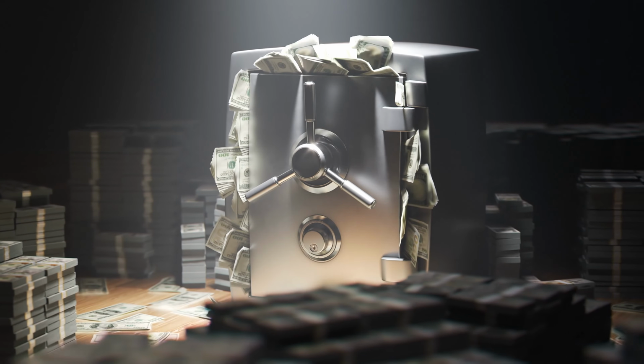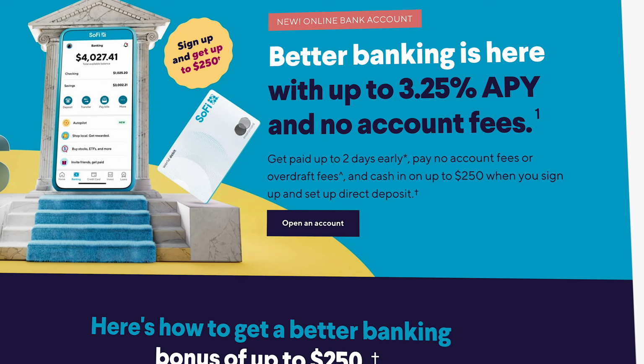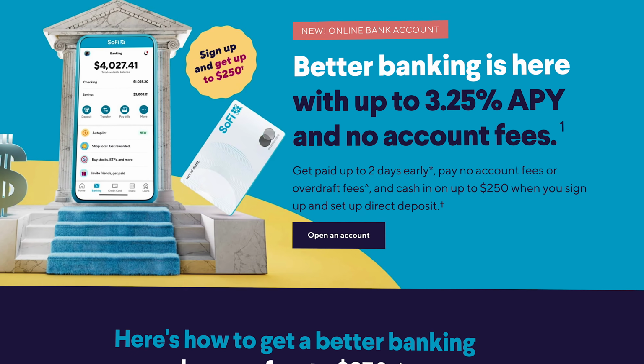All right, so obviously I've talked about this feature at length before, but what I want to do today is show you what vaults are and how you can best use them by going inside my SoFi account, because I feel this is one of the best SoFi features that does not get enough attention. So if you have a SoFi checking and savings account already, then I highly recommend that you follow along with me,